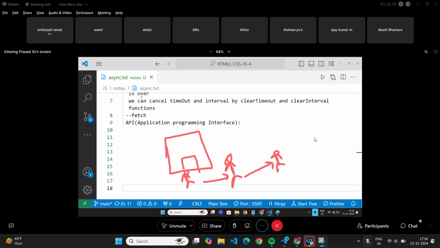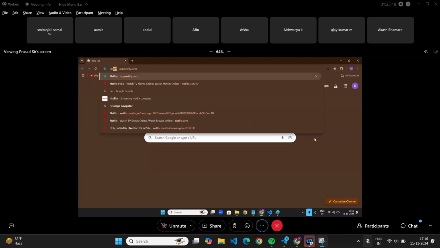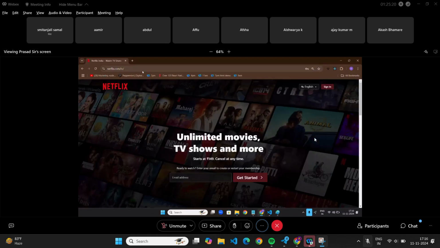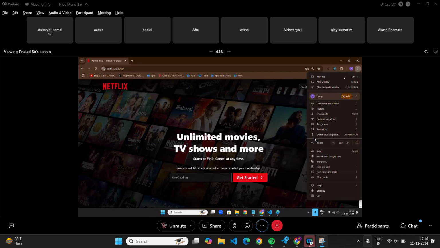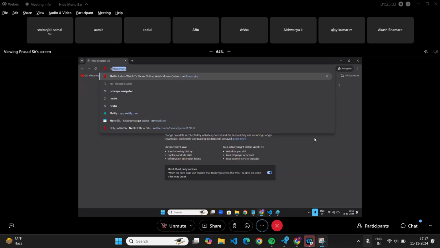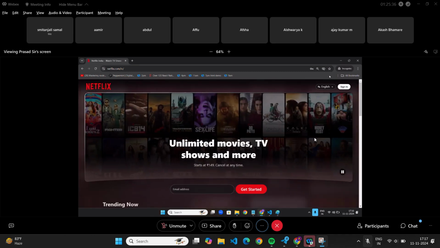Now let me show it to you in real time. If I open Netflix, there are some cookies, I think. Actually, Netflix changed its design. See, this is the new design of Netflix.